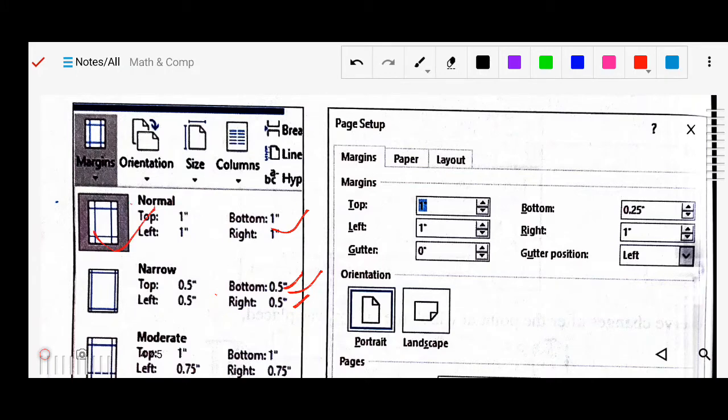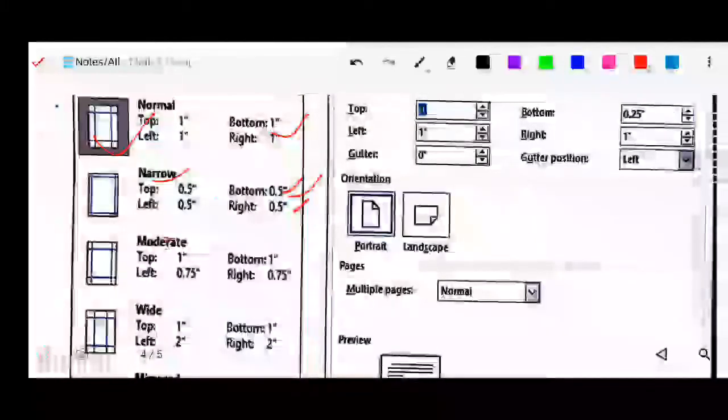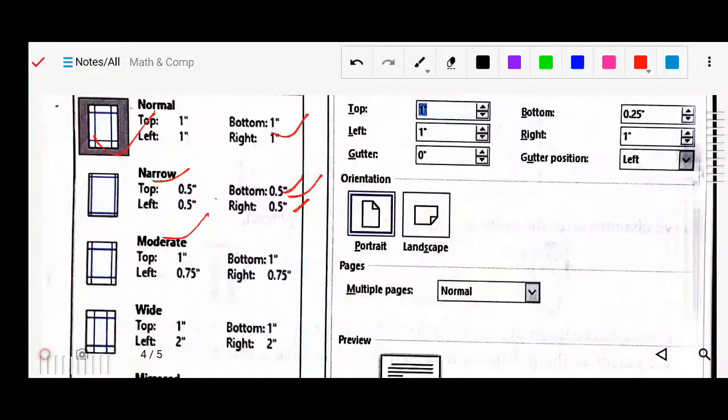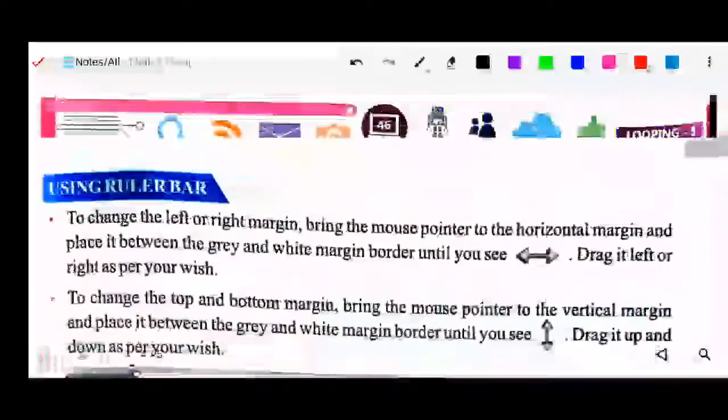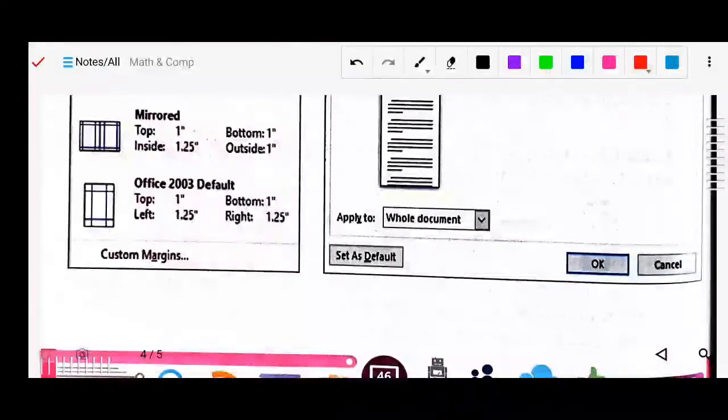And some predefined ones are there, already adjusted, like narrow, moderate, wide, mirrored, Office 2003 default. In Microsoft Office 2003, the earlier version of MS Word, top is 1, left side 1.25, right side 1.25. Mirrored is like this: 1.25 inside, 1 outside, top is 1, bottom is 1. So that is already there.